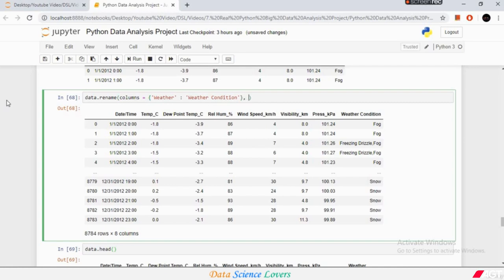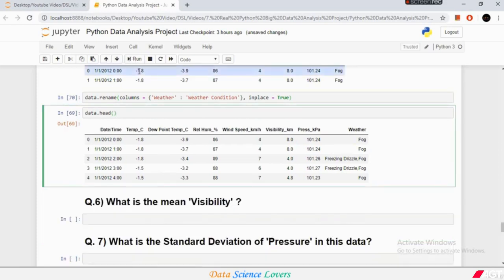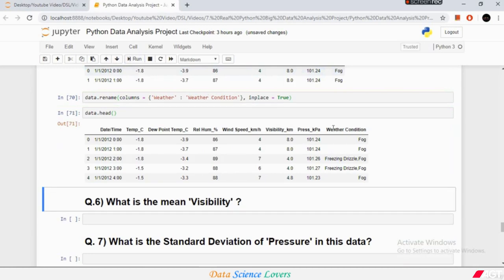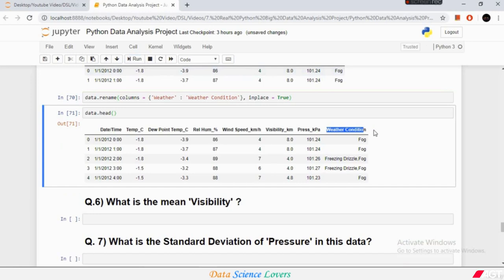If I have to rename a column permanently, then I have to write inplace equal to True here. If I run this command and again have a look at our data, then we can see that the column name has been renamed as weather condition permanently. Okay,